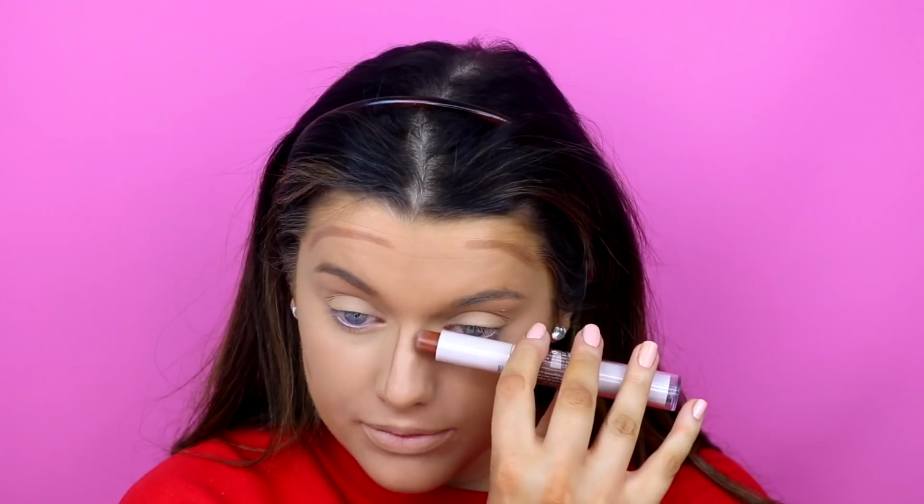And I've actually been quite liking to contour my nose. And then I'm just going to take another shade of the Tarte Shape Tape in the colour Deep. This is more of a golden colour. I don't know if you can see that. And I'm just going to do literally a couple of dots there,